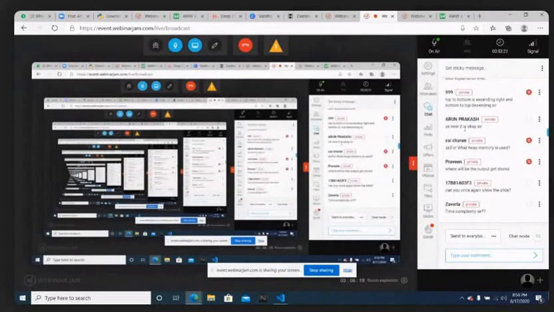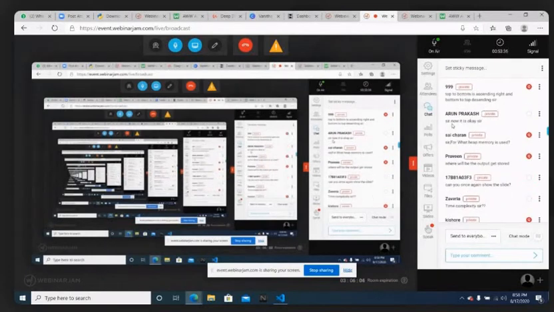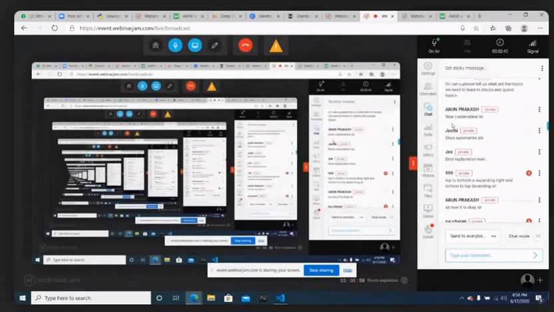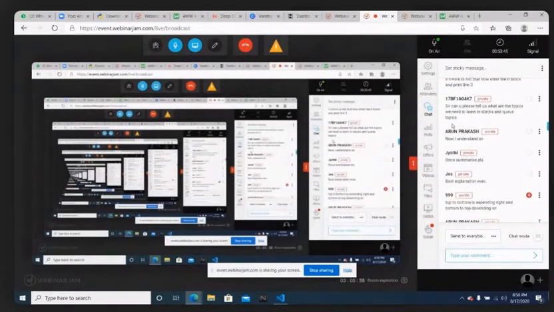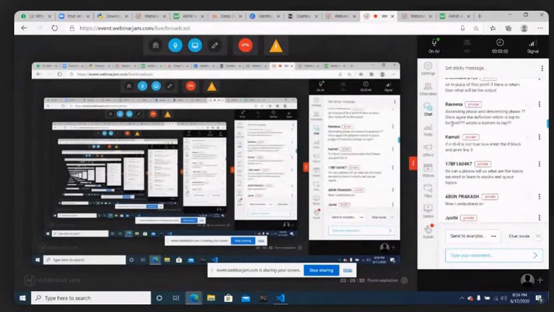Can you show the slide for one second? I will send it back, guys. Top to bottom is ascending, no. See, bottom to top is called ascending, and top to bottom is called descending.